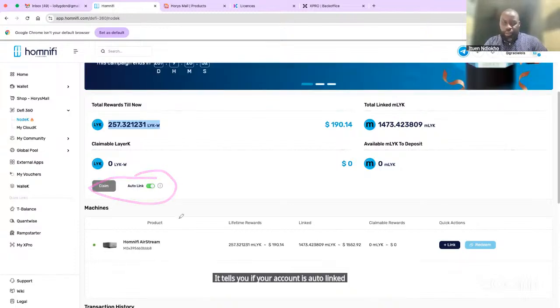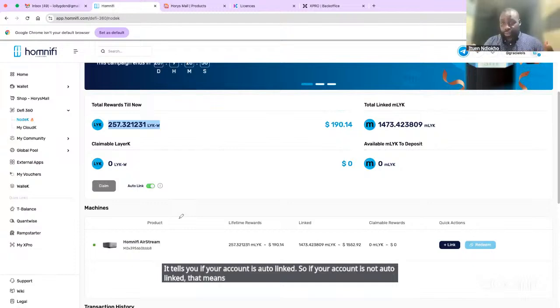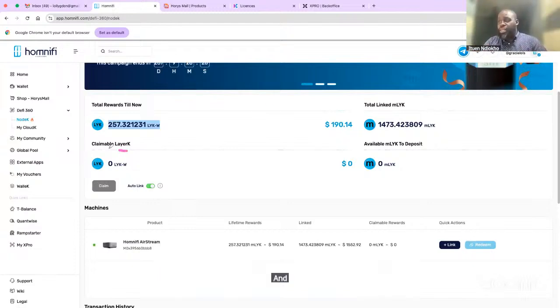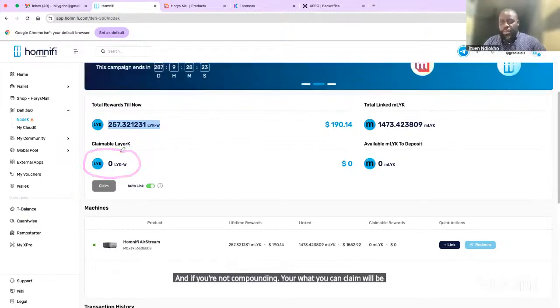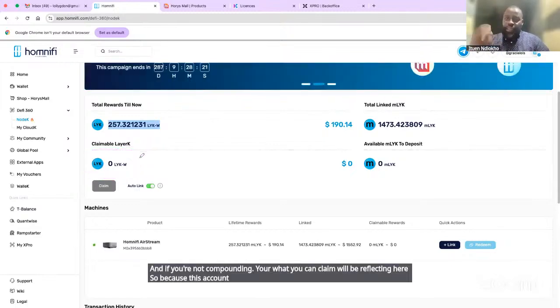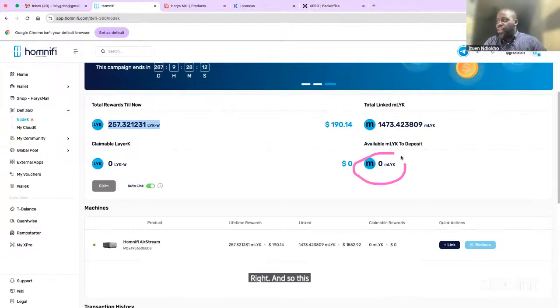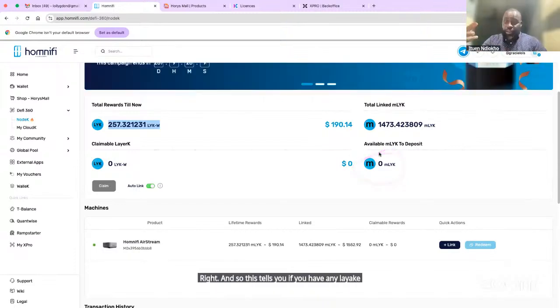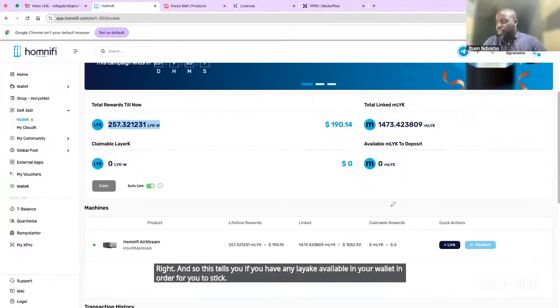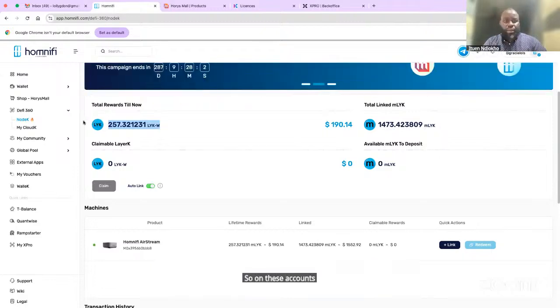So if your account is not auto-linked, that means you're not compounding. Okay. And if you're not compounding, what you can claim will be reflecting here. So because this account is compounding, every day what it is earning is being loaded back into the machine to mint more, right? And so this tells you if you have any layer K available in your wallet in order for you to stake, right? So on this account,